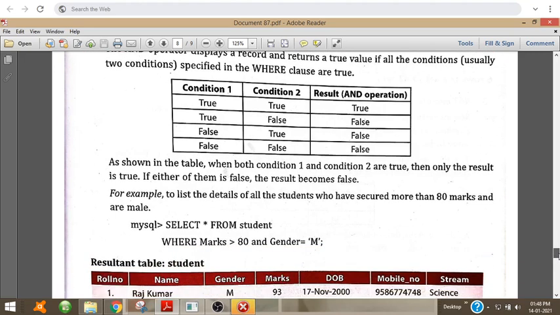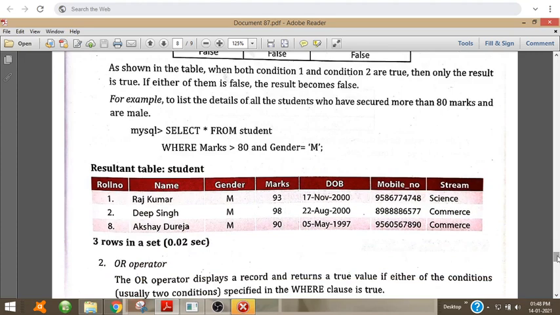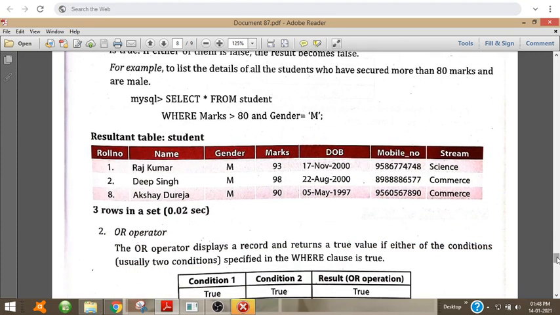Suppose you are asked to call two students, Anu and Meena. Call Anu and Meena. Then what will you do? You will call both of them. That is, you should call Anu and you should call Meena also, because we are using the and operator. Likewise, if we use the and operator in SQL or in Python or anything, both the conditions, for example marks greater than 80 and gender equal to M, should be true. That is, marks should be greater than 80 and gender should be male.